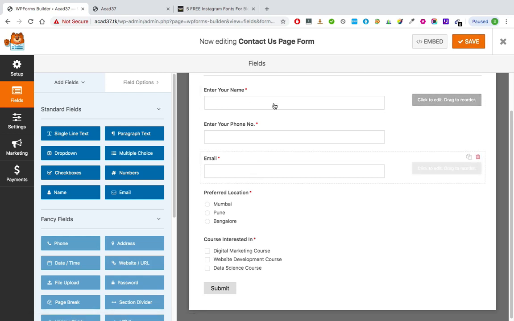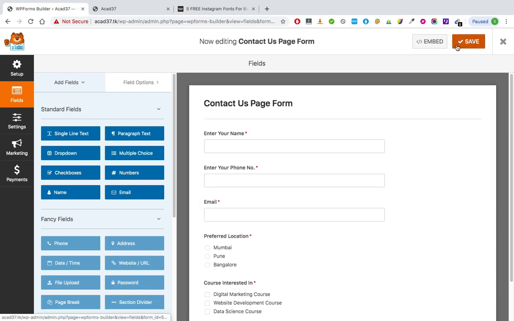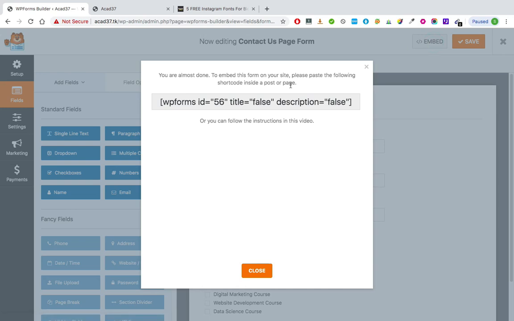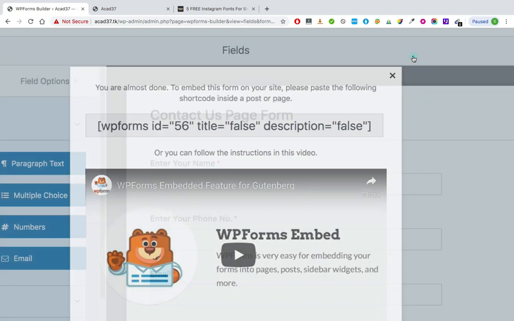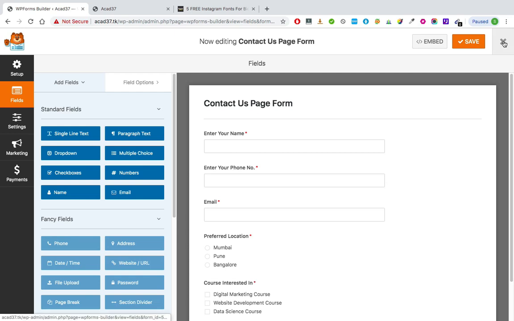Now we are going to embed this form on our web page. Now how do we do that? After saving the form, hit the embed button, which will give us a code which is called as short code. Can you see short code? So short code is a form of code which usually is written within square brackets. Copy the entire thing including the square brackets, copy it, close the pop-up, close the WP Forms interface,